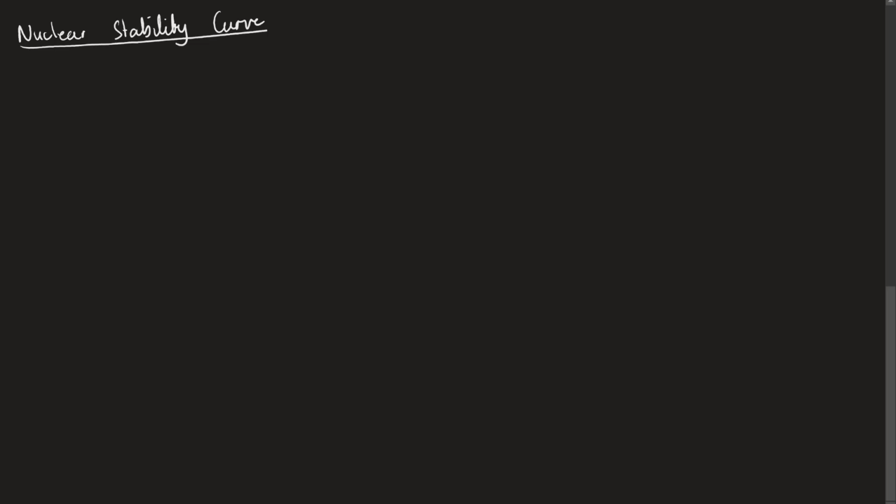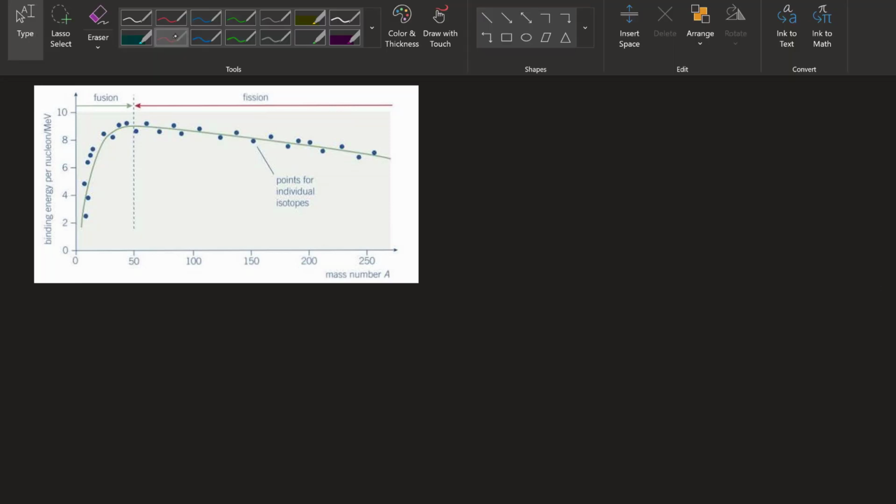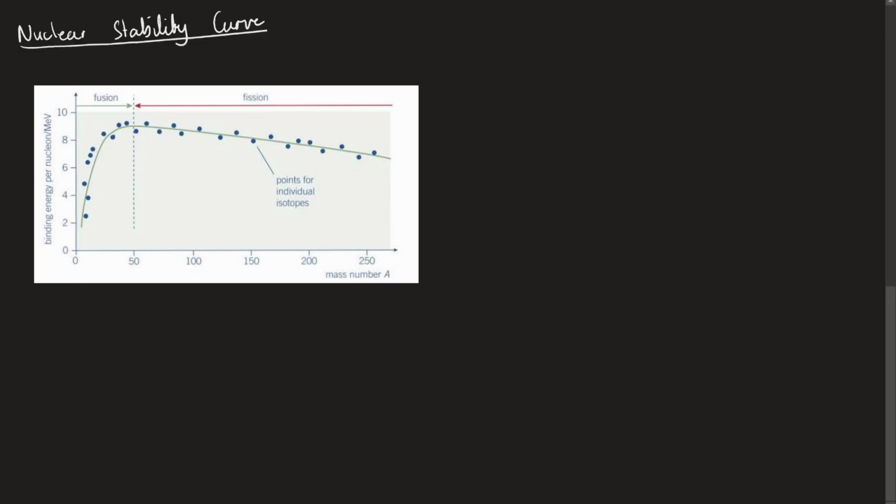Now, I'm going to pull up a graph now in order to prevent me from getting the sketch wrong. And this is that graph. This is the nuclear stability curve. We see this green curve here is your actual stability line, or your average line that we go through for all nuclides. Now, you'll see that it is split around this point here, and if I change the pen so I can annotate this, we'll go with red. Each of these points are data points for each individual isotope,